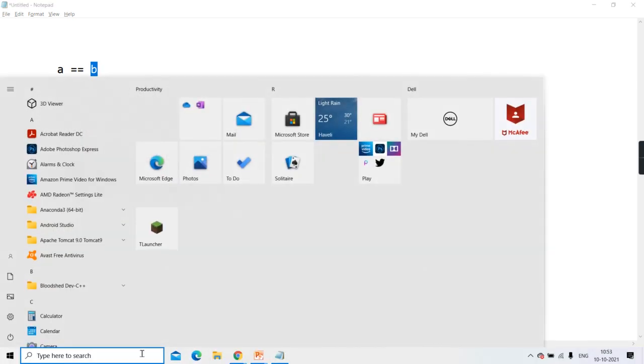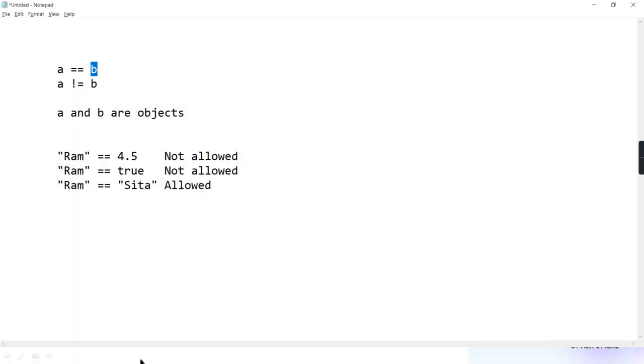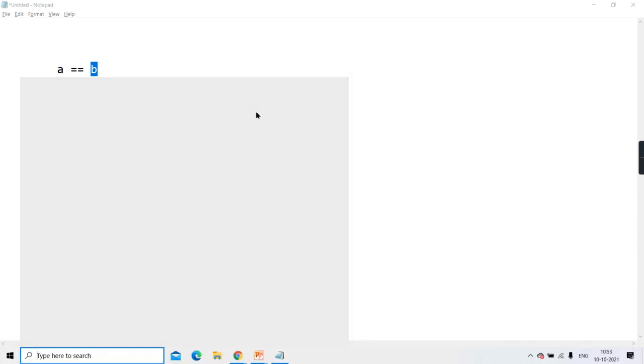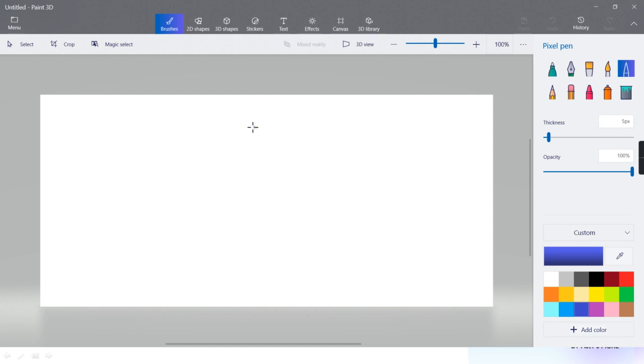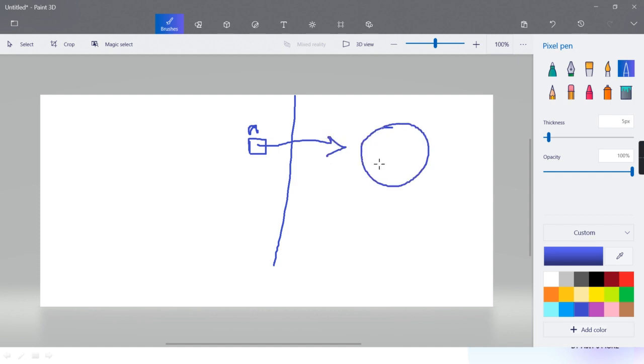You understanding, guys? Okay, I'll show you pictorially. It will just check. It is not going to check the data in that object, remember. Like if this is your A on the stack, it is referring to some object in which some data is there. Assume it's a string object. So there is data Ram in it. There is another object, and if it is also containing the same reference, and it is also referring to the